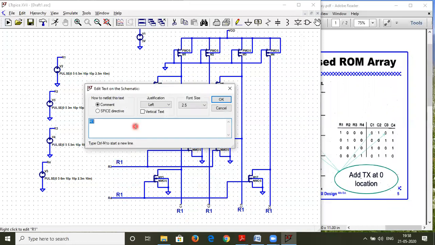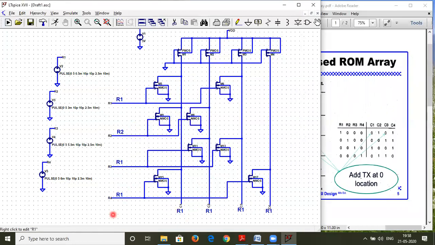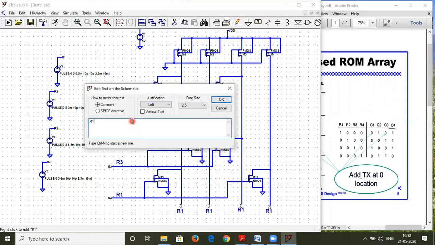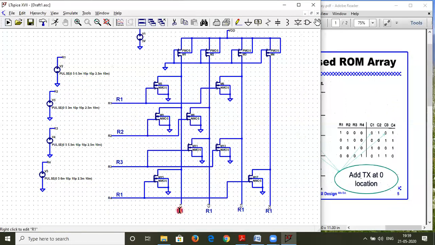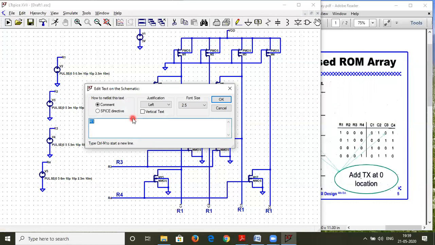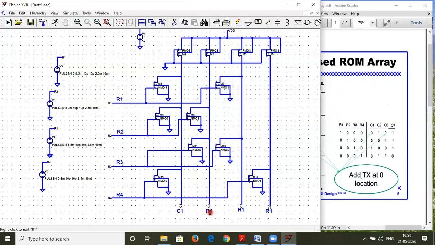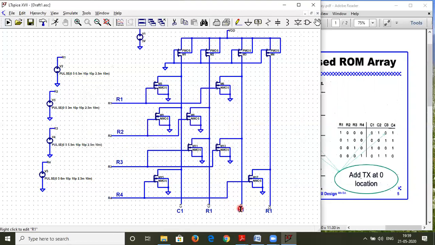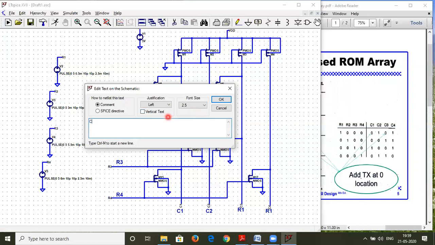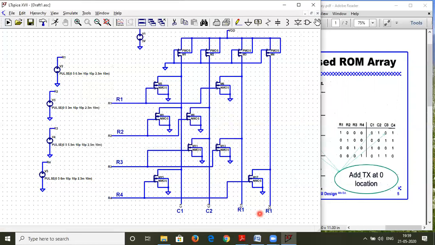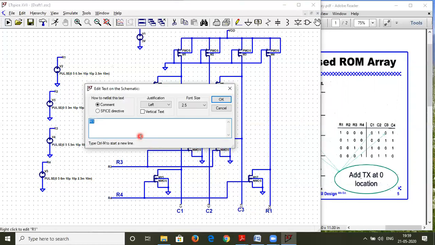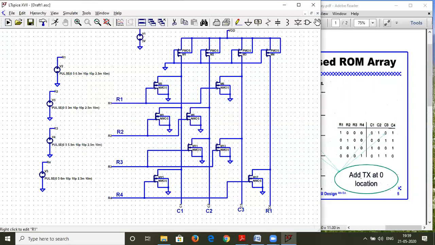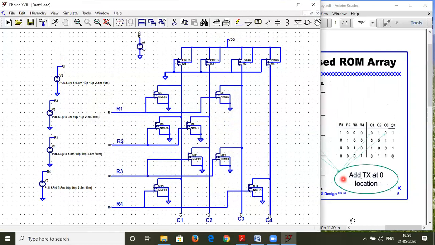This will be R3, and this will be R4. Similarly, this is column number 1. So this is column 1. This is column 2. This will be column 3, that is C3, and this will be C4. So our entire circuit is ready.